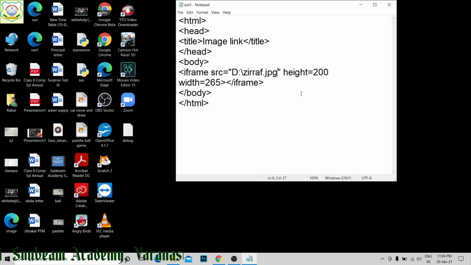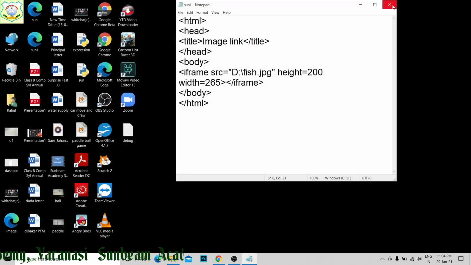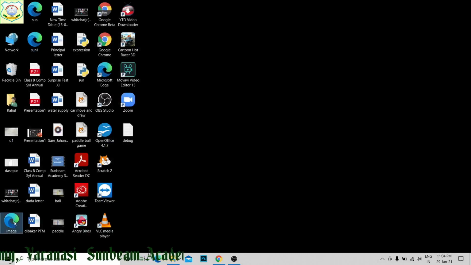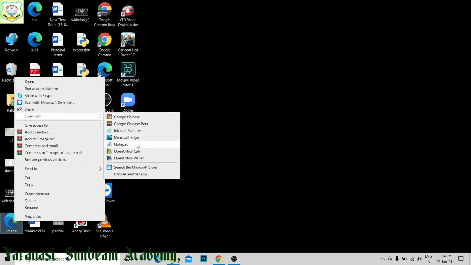Now suppose I take the fish itself, right? Save it and run this S1. We got the same. With these two frames I am going to make another file. Suppose this file image I am going to open with Notepad.